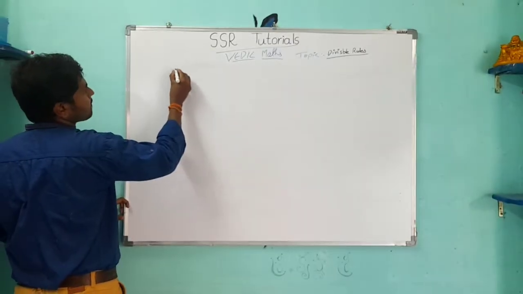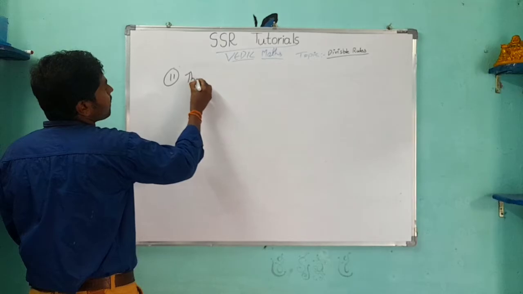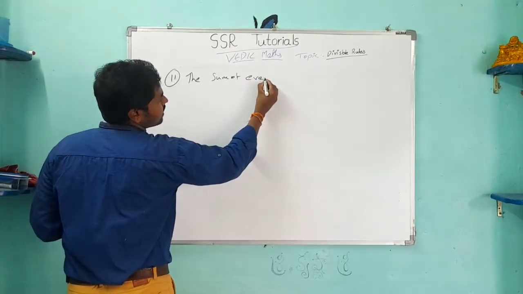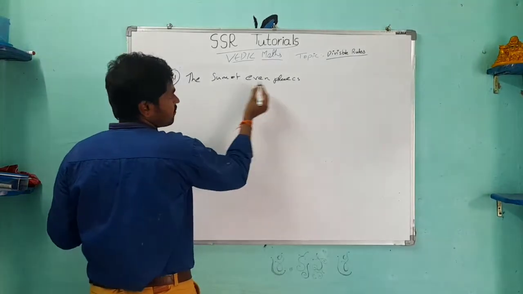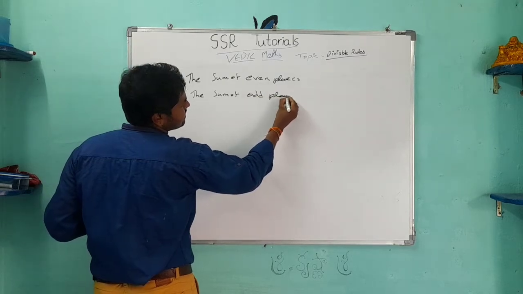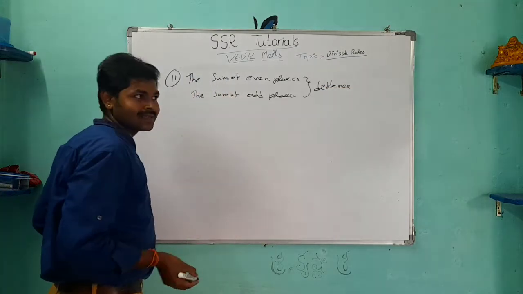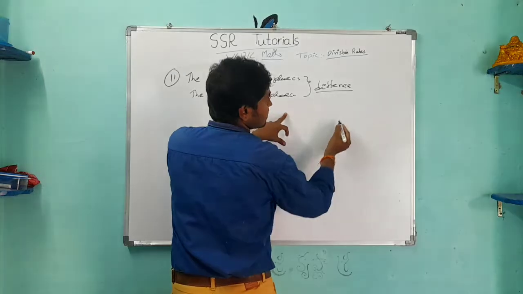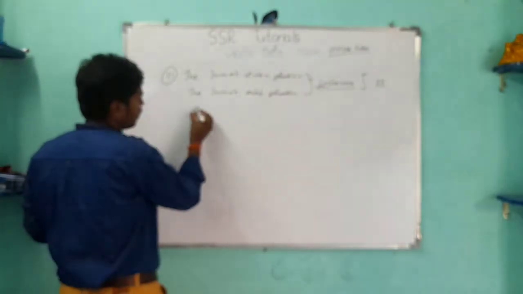The 11 rule means simply this: the sum of even places and the sum of odd places, the difference. Suppose the difference of the sum of even place digits and the sum of odd place digits is divisible by, what is that? 11. Can we check? Example